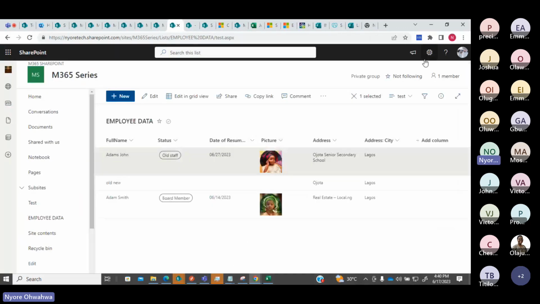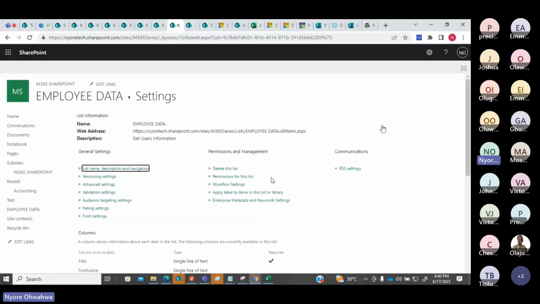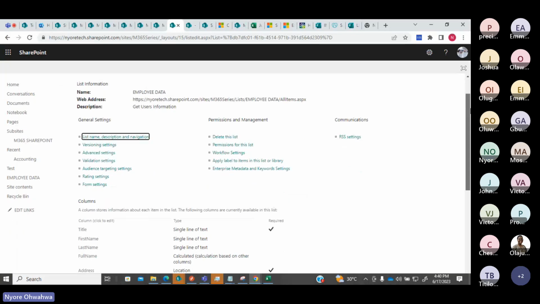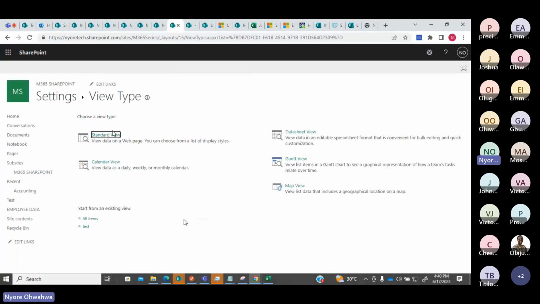So I will go to list settings and then you just scroll down and say create view, right? So you always try to create a standard view because that's the default view for lists that are created.